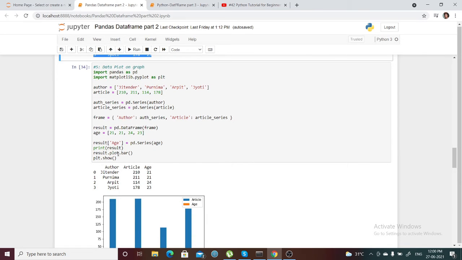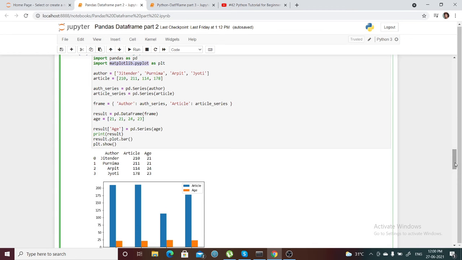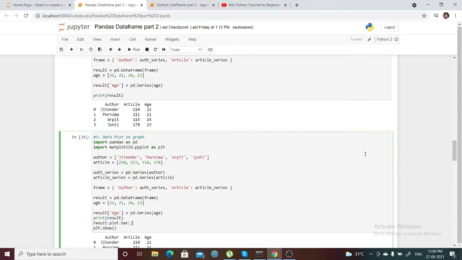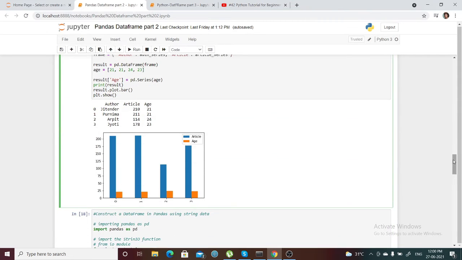So I have just imported matplotlib pyplot. Pyplot is going to give you the plotting, and this is the data frame name. I have just imported and plotted the bar plot here. In the bar plot, the plot is what I have imported using pyplot. Pyplot gives you the space or dimension to create any bar plot, right?